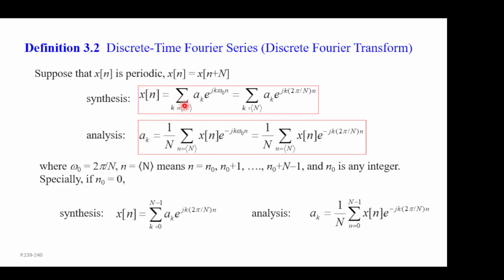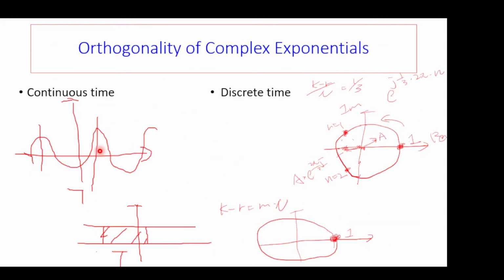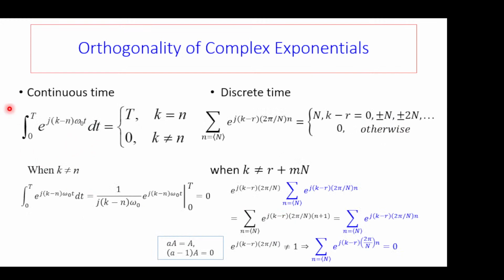And so you see those two equations are very symmetric. In the analysis equation, you have a_k equal to 1/N times the sum over n, also over one period, of x[n] multiplied by e^(-jkω₀n). And something that I said will be important, and this is the basis of a lot of our Fourier transform formulas,